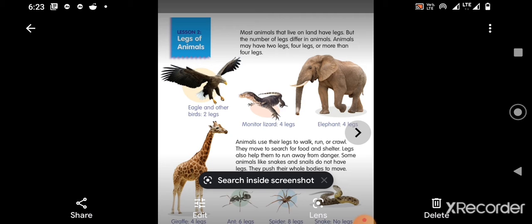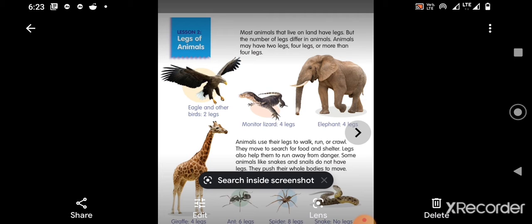Any other animal, children, which has 4 legs? Very good. You can see the giraffe. You can see the elephant also. In the picture itself you can see 4 legs. So now in your EVS notebook you'll write 2, and the second one is not only monitor lizard, elephant, giraffe, they all have 4 legs. You can even add, children,